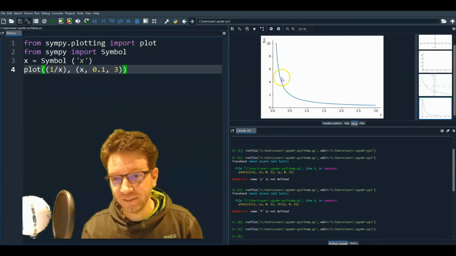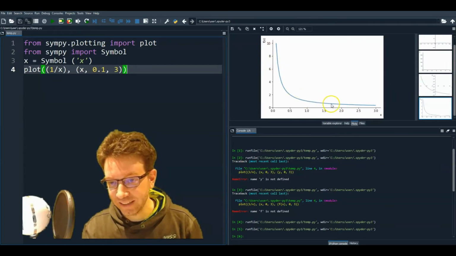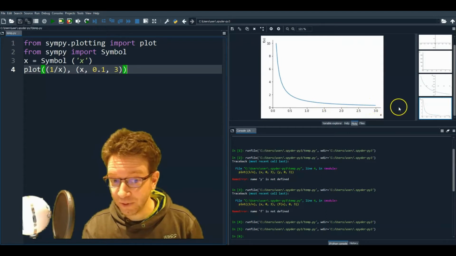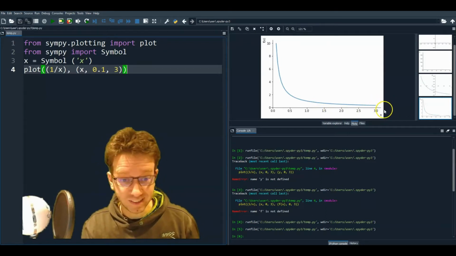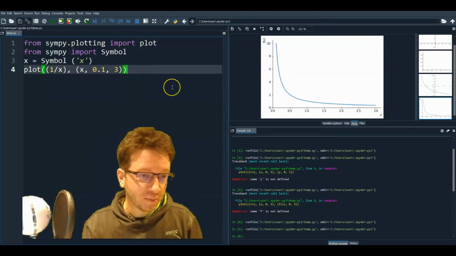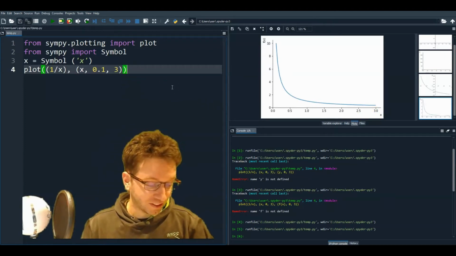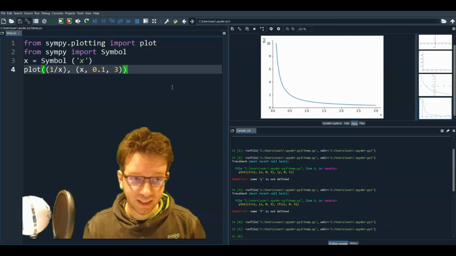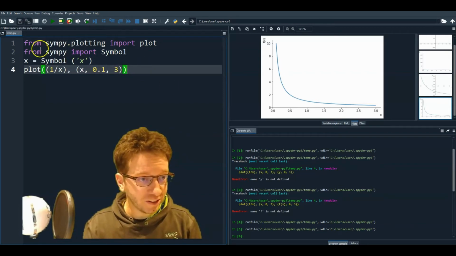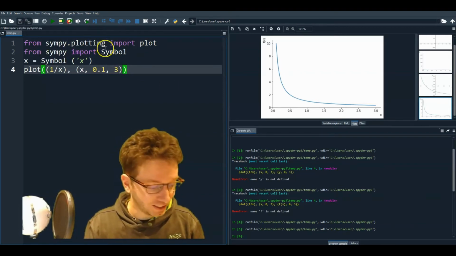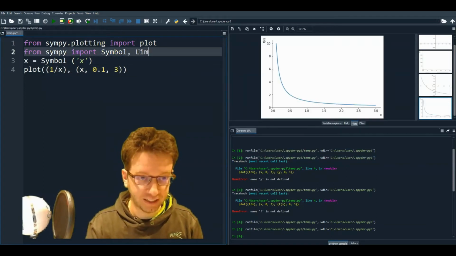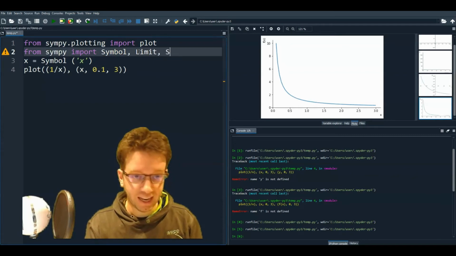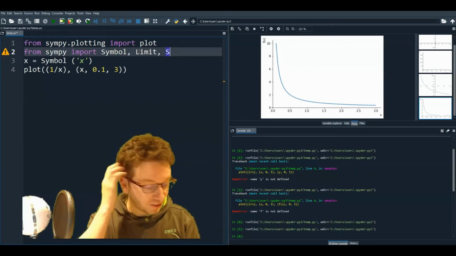So here I have this function, and I want to know what value it approaches as x approaches infinity. Now looking at this function, we can see it looks like it approaches 0 as x approaches infinity. But to be sure, we're going to introduce a new limit function in Python. So here I've imported our plot function and our symbol function, but now I'm also going to import a limit function and a capital S function, which we are going to use to